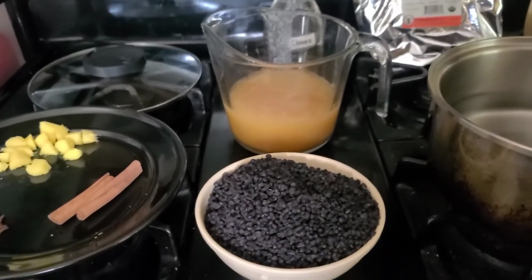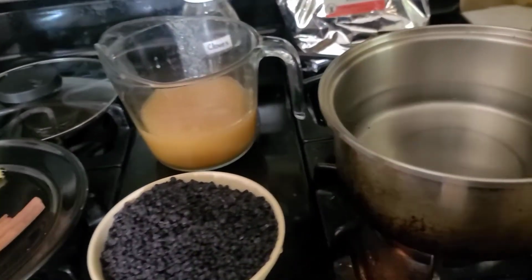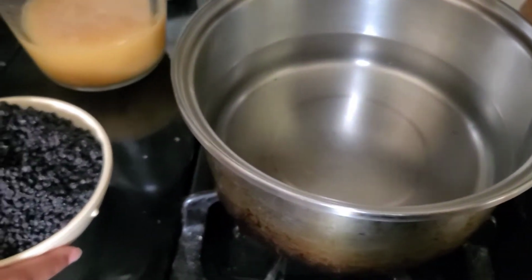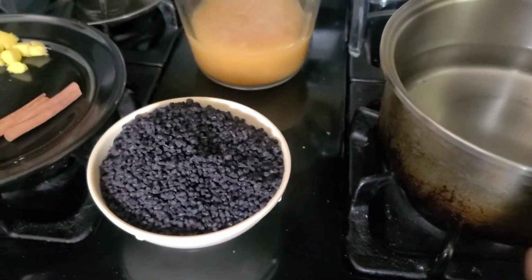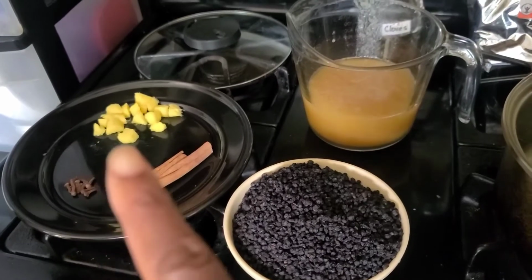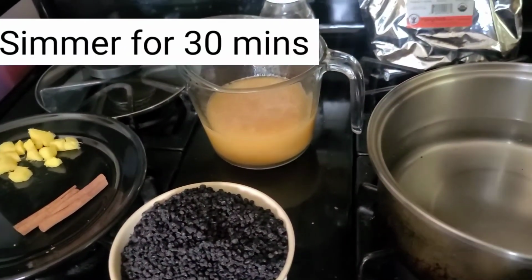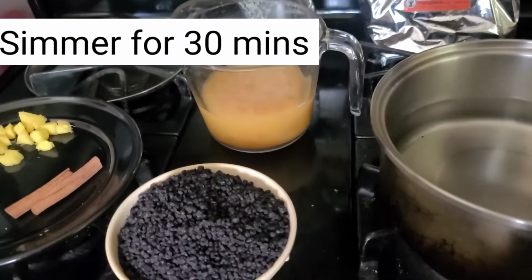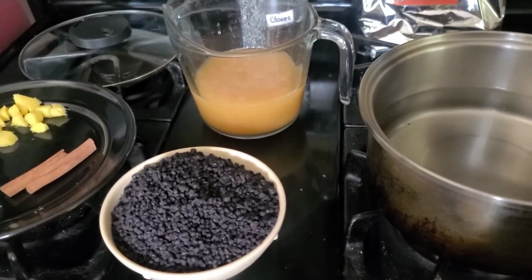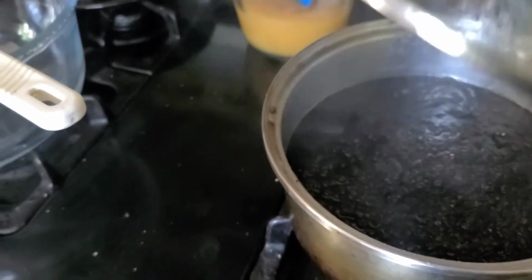The first thing that you're going to want to do is get your water boiling. Once this is boiled, we're going to add our elderberries, the cinnamon sticks, the cloves, and the ginger. You don't want to add the honey until you're finished. So just hang till the end and I'll show you all how to do that. Okay, after 30 minutes,